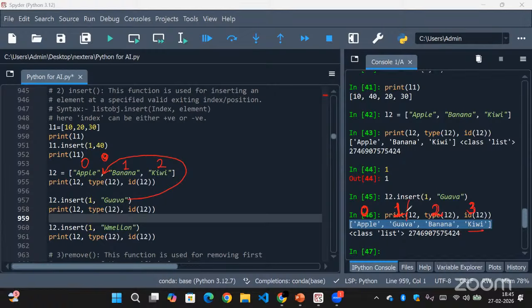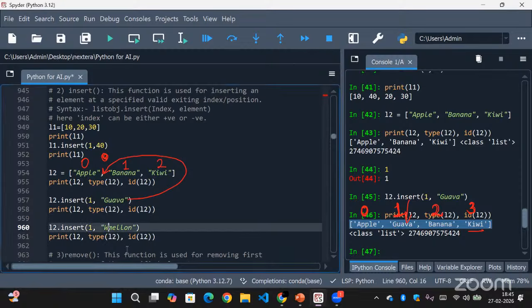Okay. So here I got to insert my new string. And then now again I want to insert watermelon. So I want to insert watermelon string at the position 1. So position 1 means what? After 0, that will be the position 1, that is here between apple and guava. So here I want to insert a new element again. So I'm giving the index 1 and the value I want to insert is watermelon. So using the insert function, I am performing this operation. So when I run this,